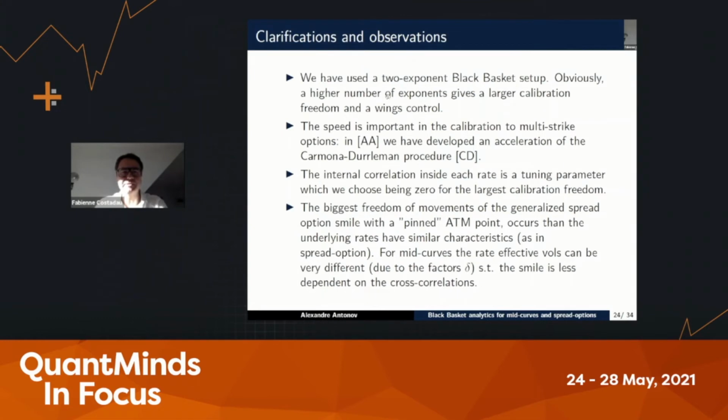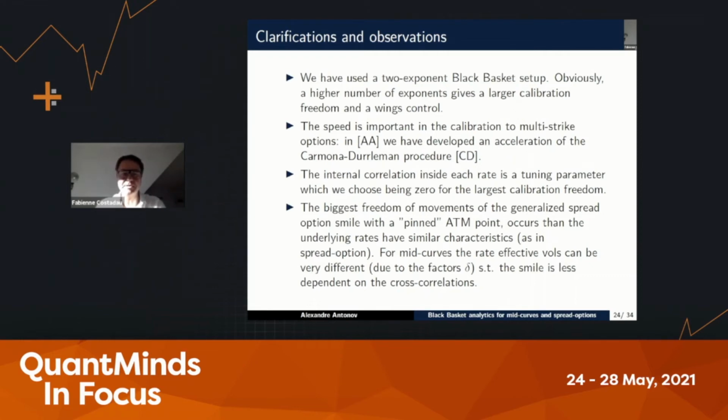A couple of comments clarifying these experiments. We have used a 2 exponential Black basket setup. Obviously, a higher number of exponents gives larger calibration freedom and wings control. The speed is very important here, in the calibration to multi-strike options. So as I said, we have developed an acceleration of the Carmona-Durrleman procedure. The internal correlation inside each rate is the tuning parameter,